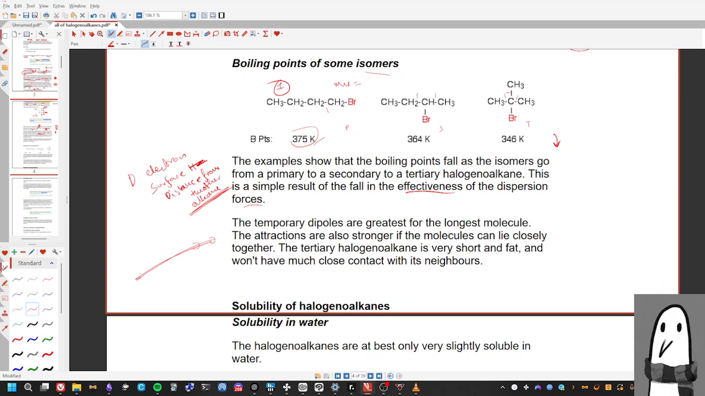And if you have the largest surface area, then you have a greater chance of forming an instantaneous dipole. Instantaneous dipoles are formed when in contact with other atoms or other molecules. So when you have a longer molecule, you're going to have larger surface area as compared to a smaller molecule with smaller surface area. And also, if it's straight without any